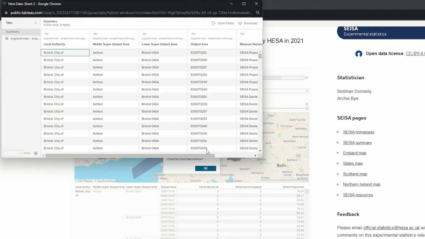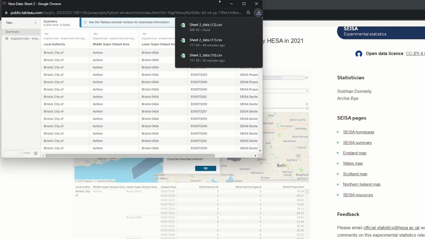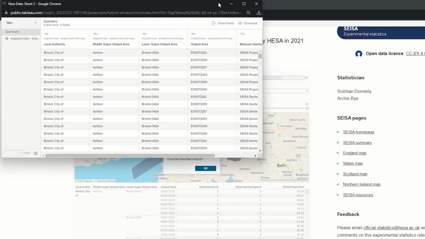This will open a pop-up screen that will allow you to view and download the data and to enable you to undertake any onward analysis using the CSV it provides. Note that if you restrict the map using the table, map, search bar or filters, it will restrict the data download accordingly.